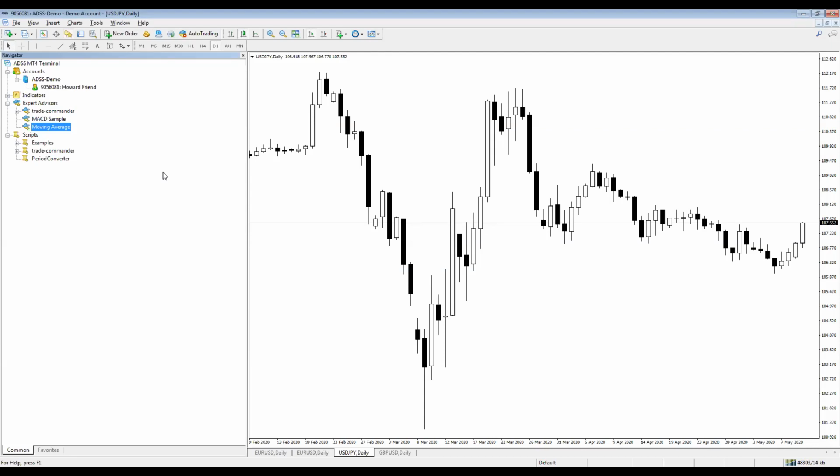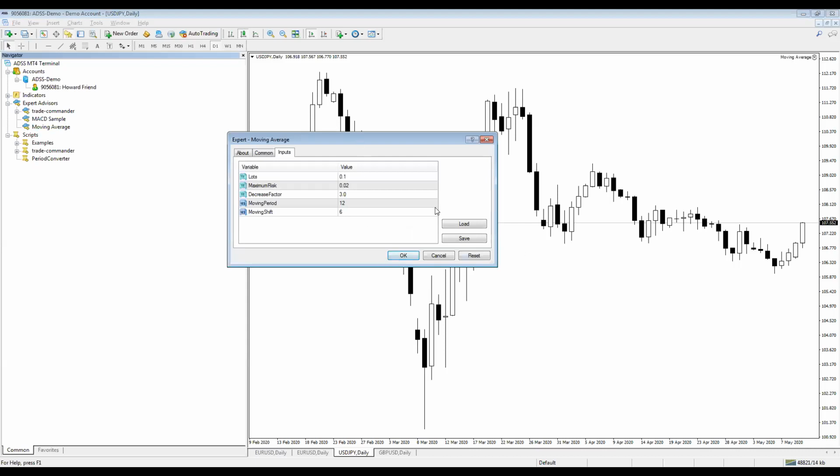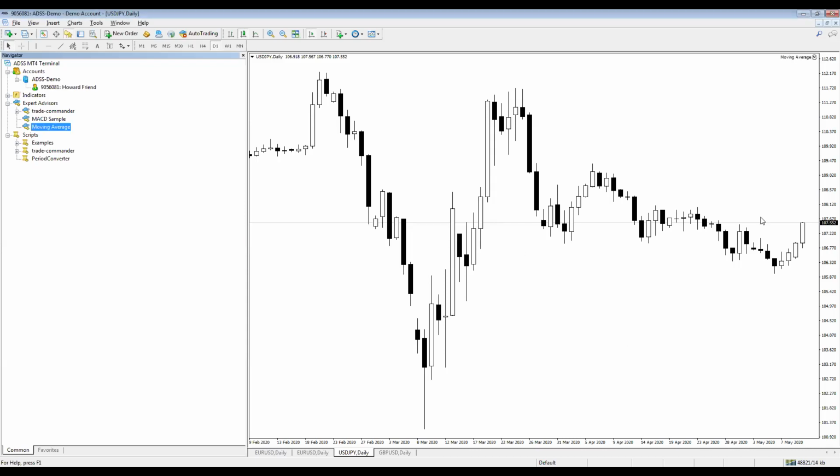So as I say, the expert advisor is attached to the chart, and then you can basically switch it on. And the way it's switched on is by clicking on auto trading, and that smiley face there will go from a frown to a smile,